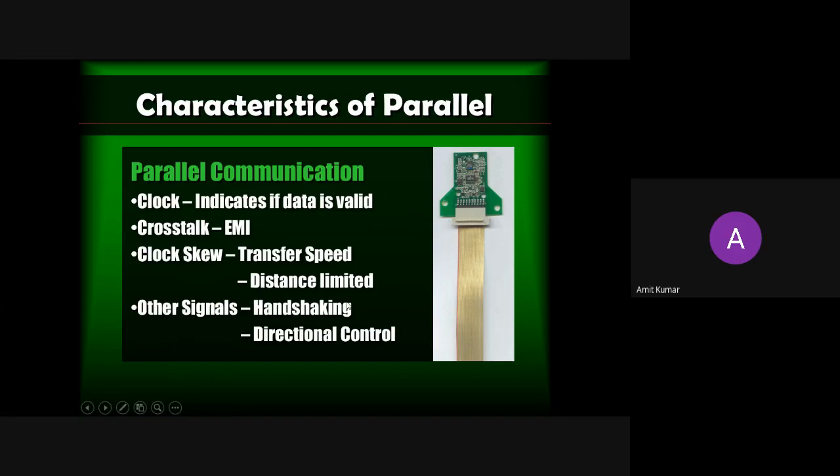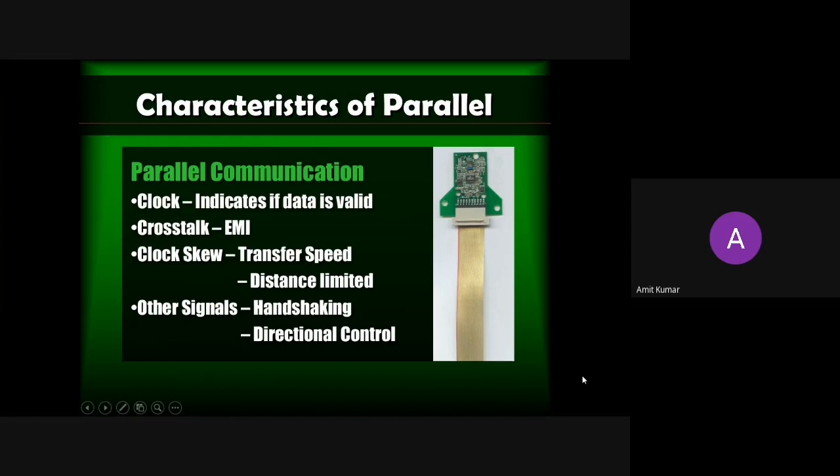Handshaking signals are like acknowledgement and request. If your slave wants to receive some data, it will request your master to send that data. Just like I have told you, the AMBA bus is the first bus manufactured by the ARM company. Those buses are always available in your mobile phone. Qualcomm, Snapdragon, all these companies are using those buses only. Someone is using AXI, someone using AMBA. These are the extensions of the first bus.